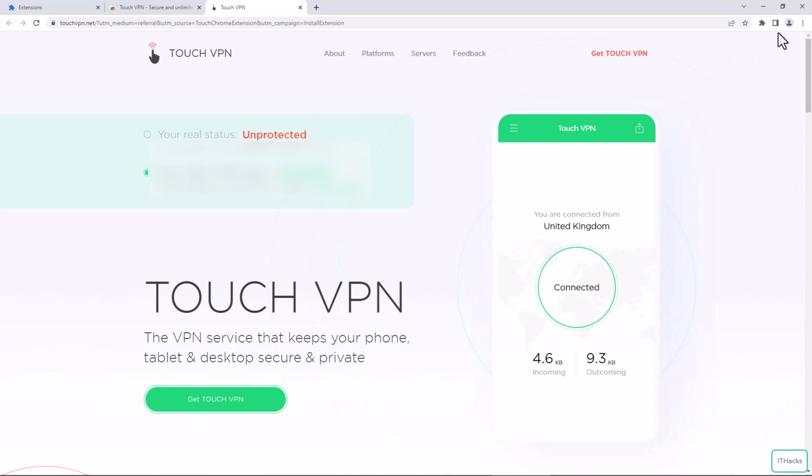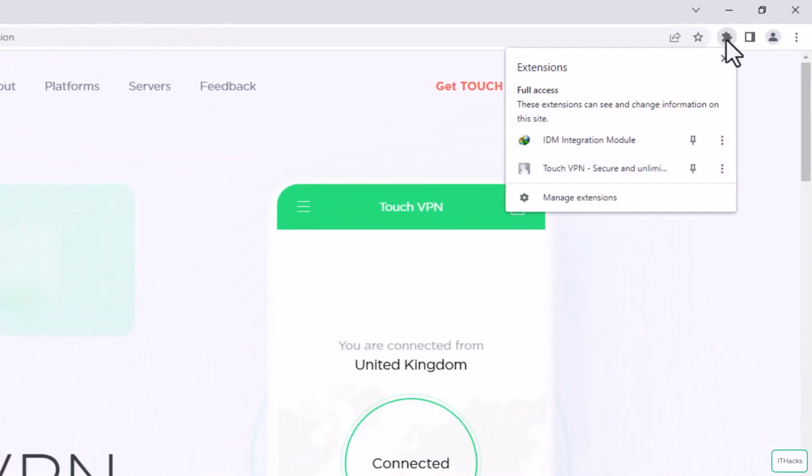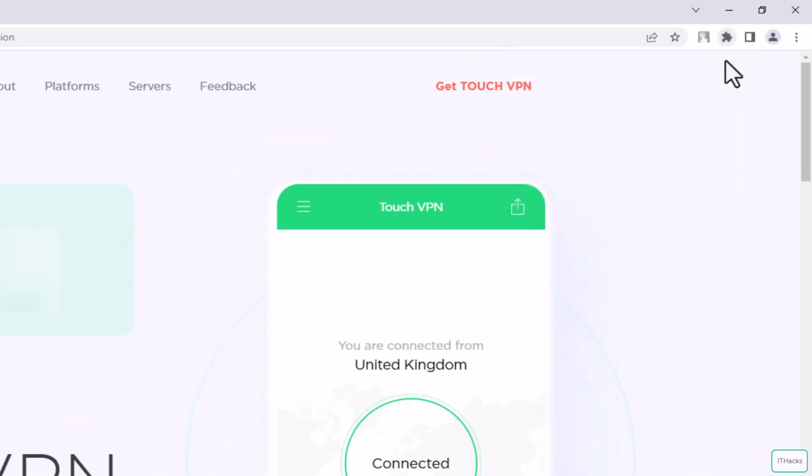Finally, click the Extension menu on your browser. On the right of ITHVPN, click the pin to pin this extension on your browser toolbar. This will help you access this extension easily in the future. To use the VPN, click the ITHVPN icon on the toolbar